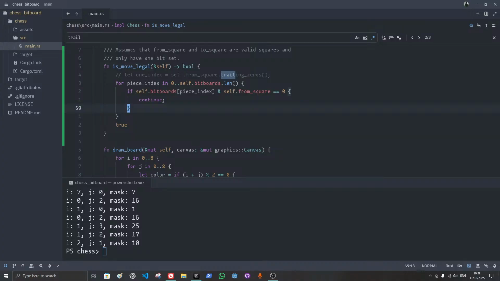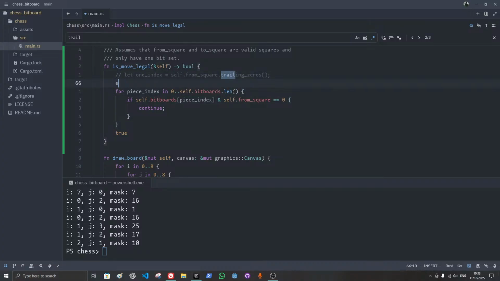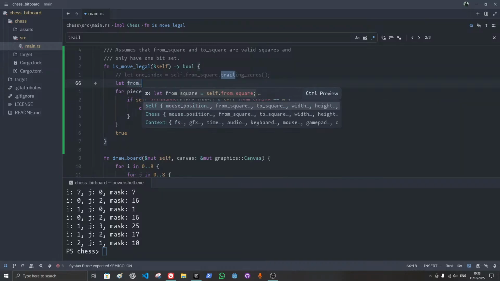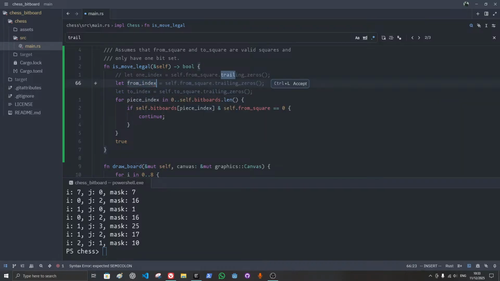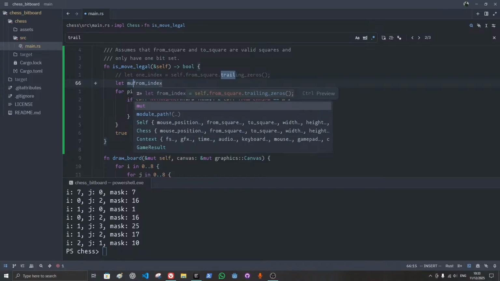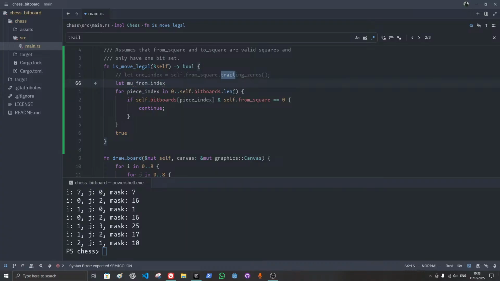This is the from index. From index. I do thing from index is